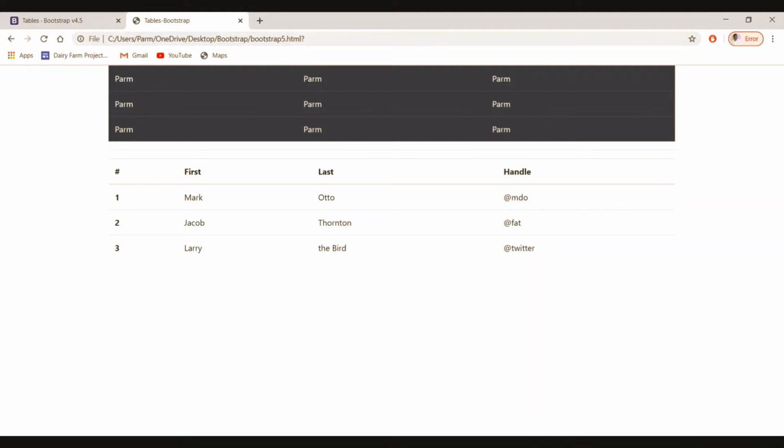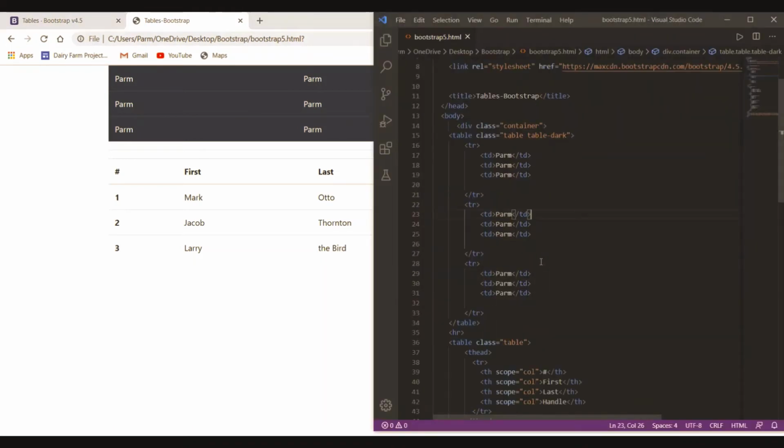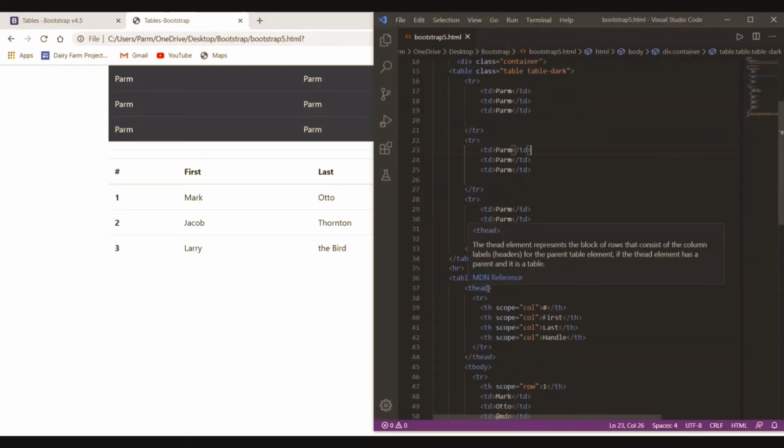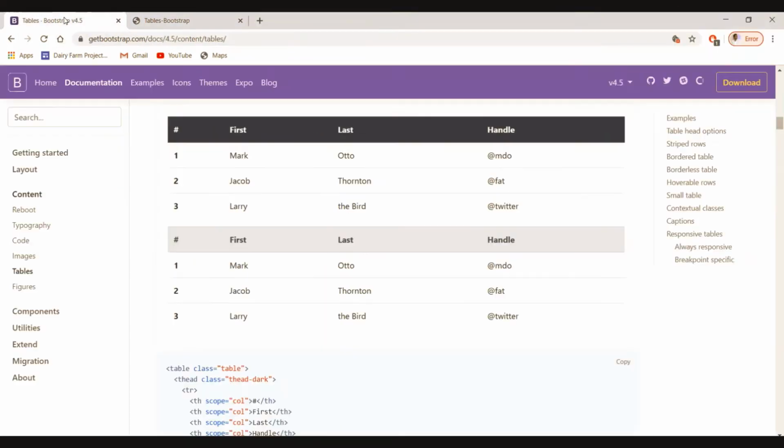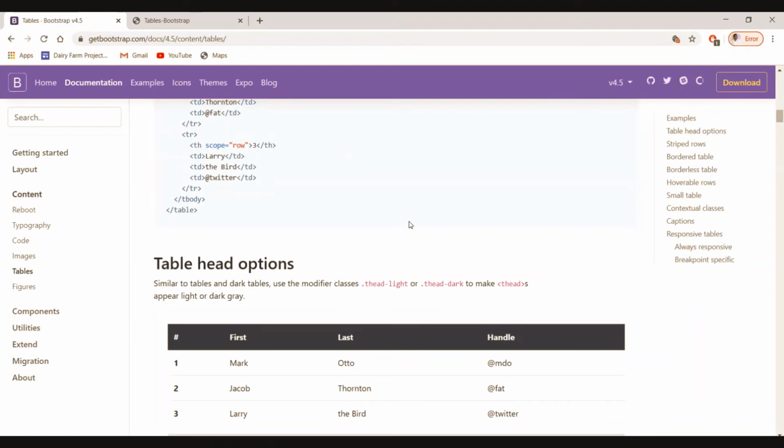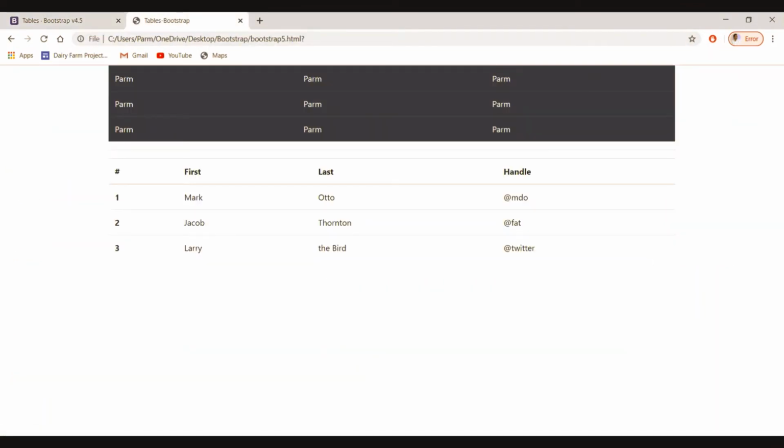If we move to the second table, in which we are using the table head, here we can use this class, that is th light, t-head light or t-head dark. So how can we do this? Let's see.